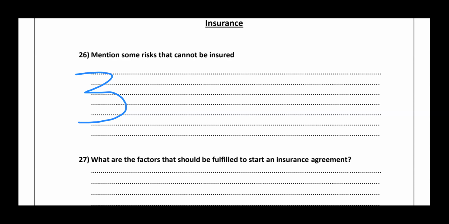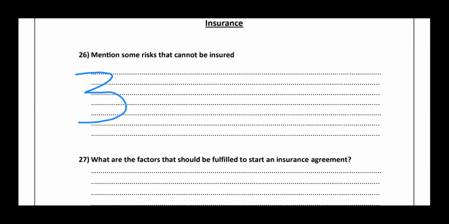So who is the insured? It can be a person, or it can be a group, or it can be an organization, a business. So they are the ones who will come and insure their life, or sometimes their property. So remember, it can be an individual, a group of individuals, or even an organization. Those people are what we call the insured.